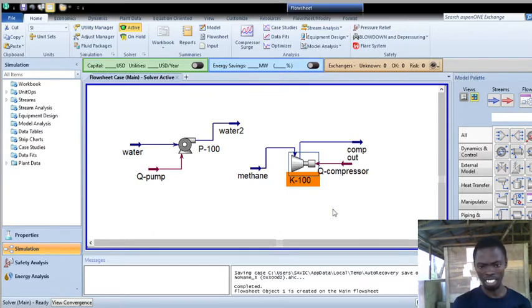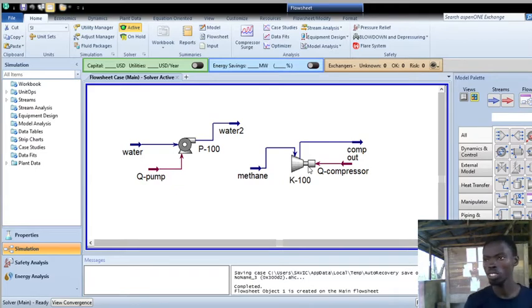I hope that was right. Do we all get that? Now you can see that your compressor has a black borderline that denotes what? Your system is okay. So try and practice that, and that's all about pump and compressor. So let's move on to what we have today.